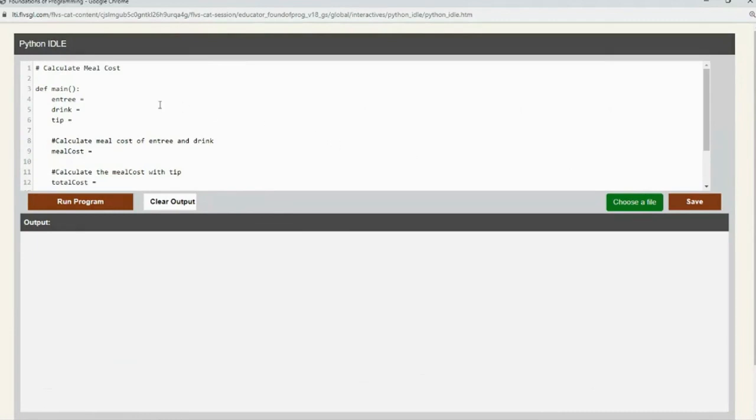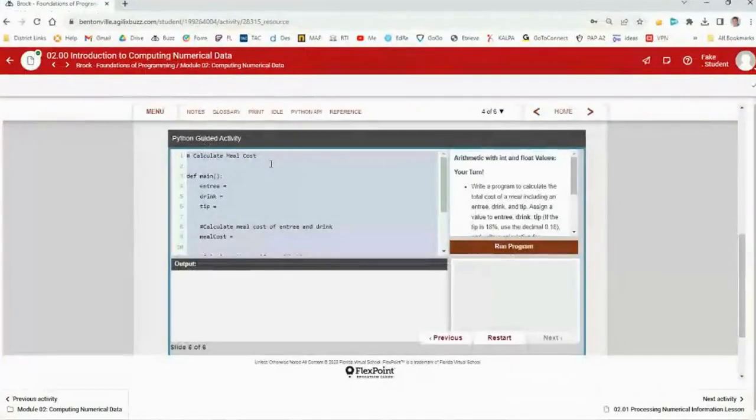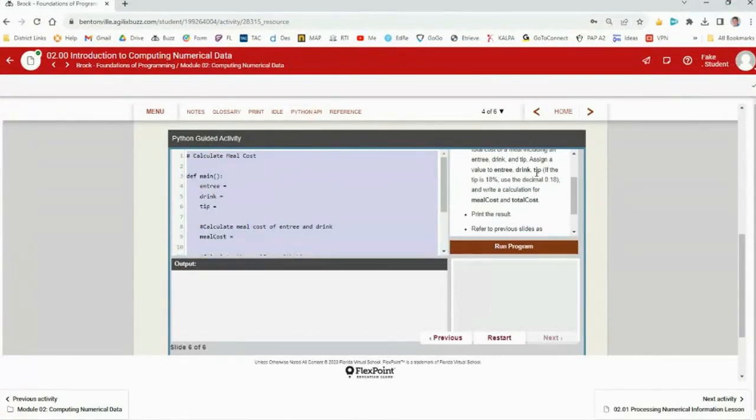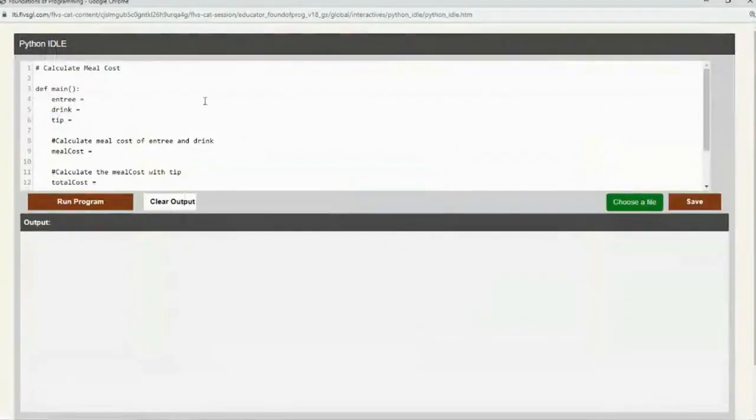So let's see, assign a value, and then we assign the tip. And we have to write the tip as a decimal. So they don't tell us what to assign. We get to pick the numbers we want. So entree, that's our main, that's what we're ordering. That's our meal. So let's say we're at